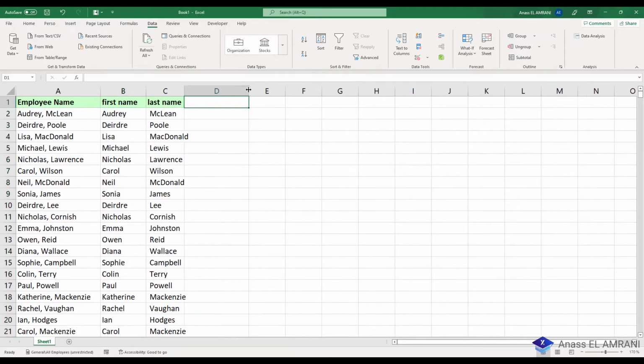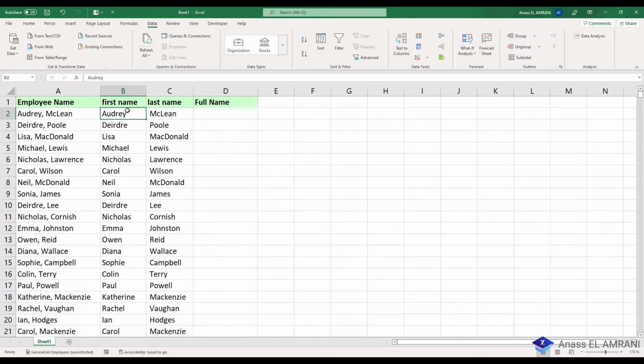Now if we want to do the inverse, so we need to have the full name. Using Text to Columns is a destructive method. Why? Because like you see, my previous data, I lost it. If I didn't have a copy of my original data, then I lost my original data and I cannot find it anymore. So to do the inverse, I want it to be the first name with a delimiter and